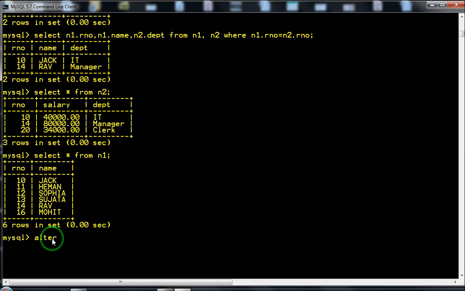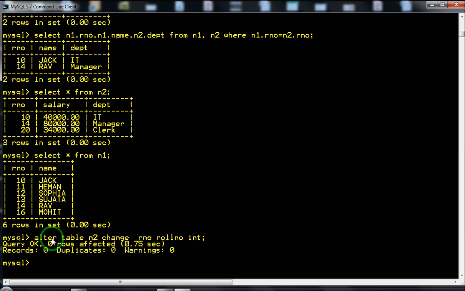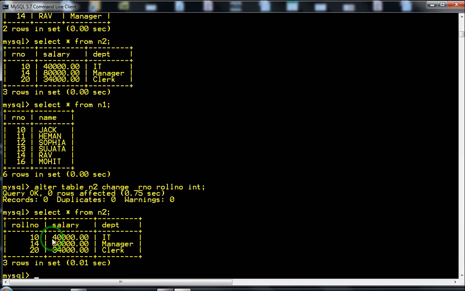So let's first change the name of the field. Alter table N2, and if I want to change the name of the column, I will write change, then the old name, and then the new name, roll number. Data type, I can give integer. So let's see the output from N2. Now you can see it's roll number, the name of the field I have changed. Earlier it was R number, now it's roll number,